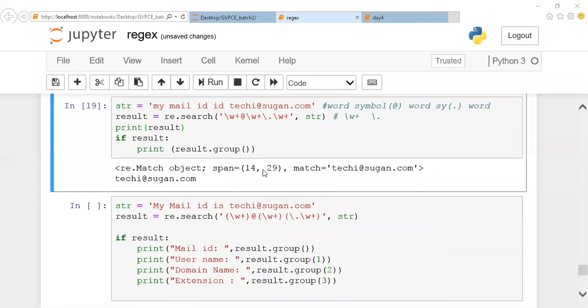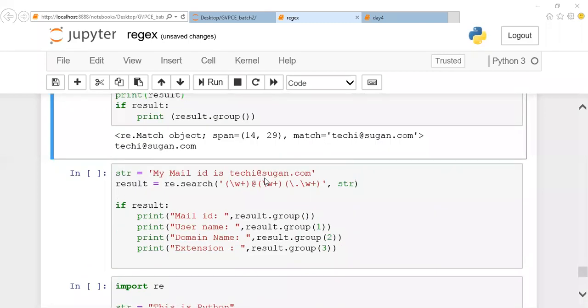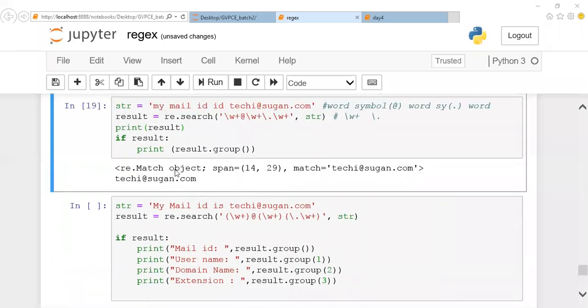Okay. The same example I have extended a little more. I know that by using result I can fetch all the information here. I want to separate this mail ID into my username, my domain name, and the extension of my mail ID.